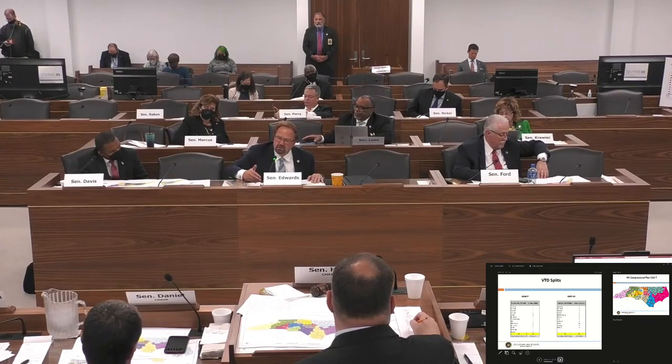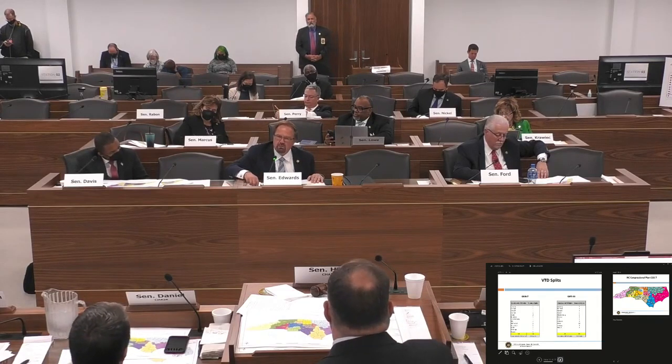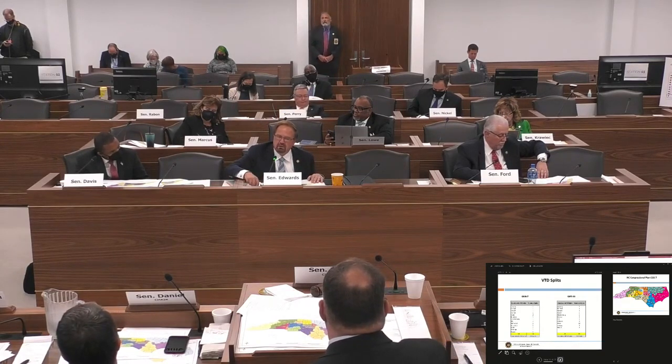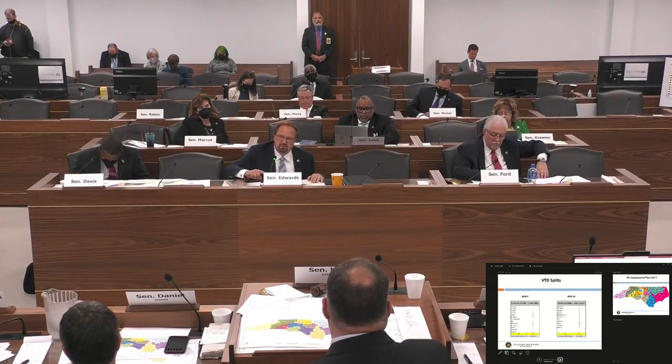And then the last thing that I said that was the last one more really. I was part of the map drawing process in the fall of 2019 when the court ordered us to redraw maps. And I remember vividly that one of the key criteria that we used then was to not split